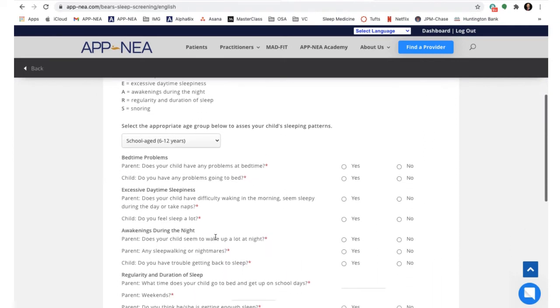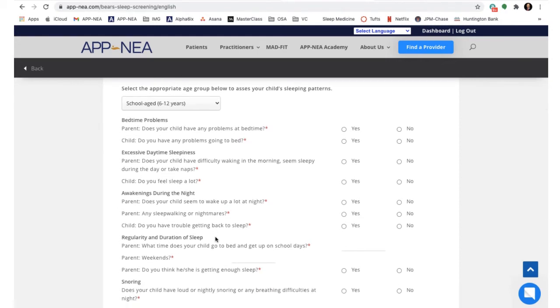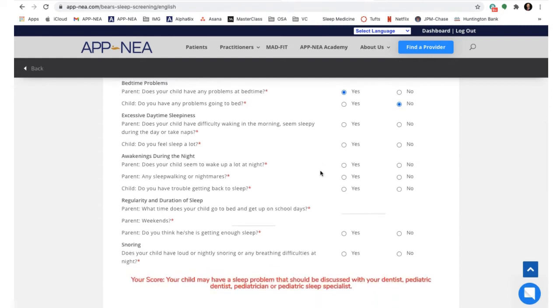And as you will see a little bit later, they're very specific for that age because certain symptoms appear which are very age specific. So these are very targeted, very accurate screening tools with a high sensitivity and high specificity for a child suffering from sleep apnea. So as you can see, it goes over if the patient has any problems at bedtime, do they have any problems going to bed, in terms of sleep latency, excessive daytime sleepiness, do they take naps, do